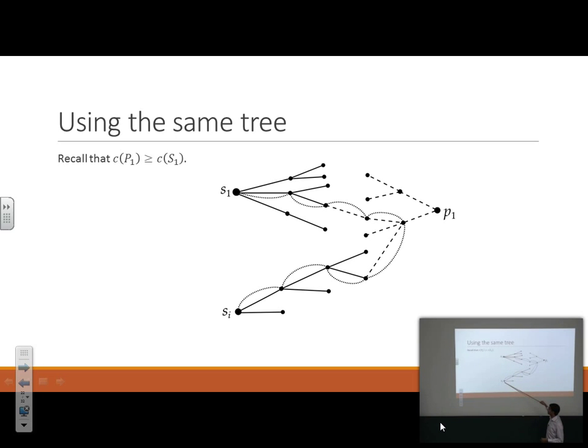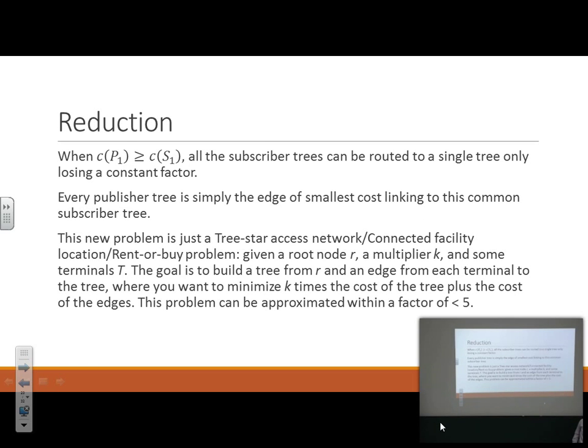Okay? My cost is larger than or equal to this guy's cost. So within 4 times my cost, I can reorganize my tree to just be a direct edge to the cheapest guy and a copy of her tree. Okay? So that part's good. Okay? So that's the argument here. SI takes a copy of its tree, a path through P1's tree, the cheapest tree, and back. Okay, all right. So now it's clear.